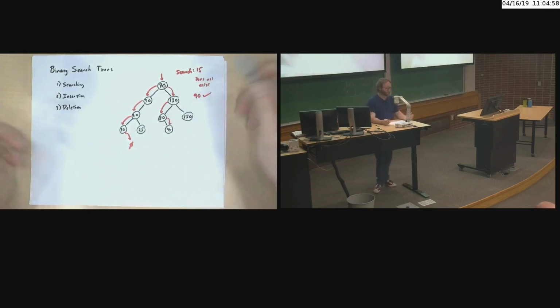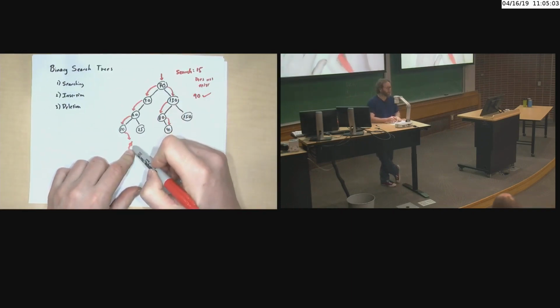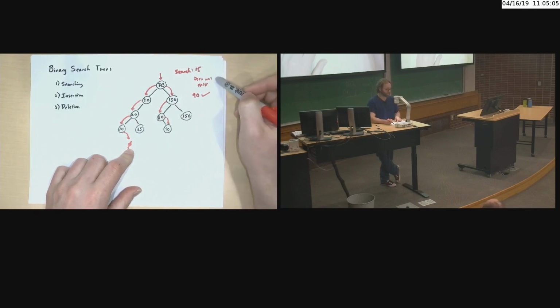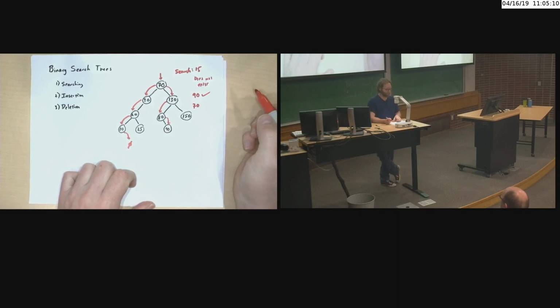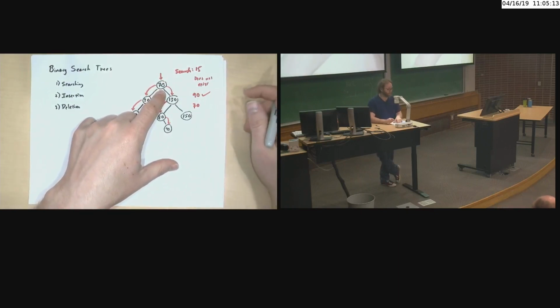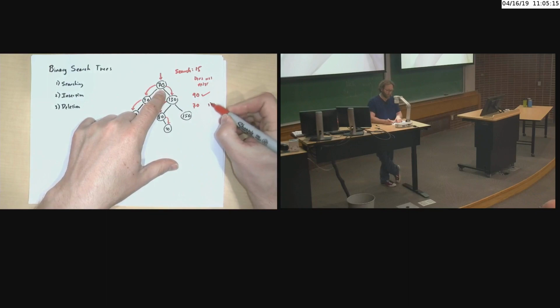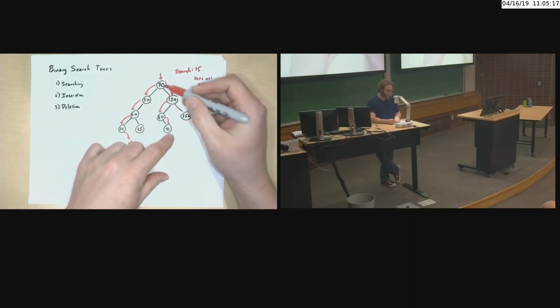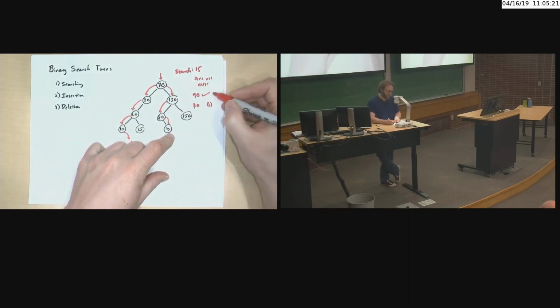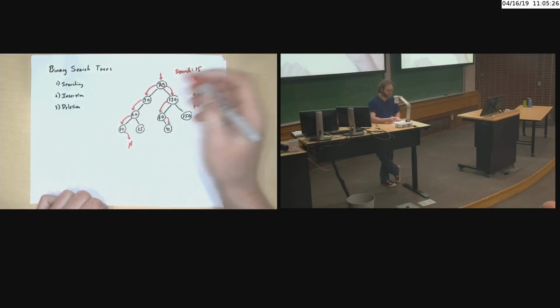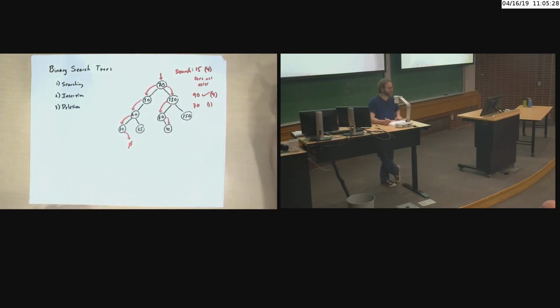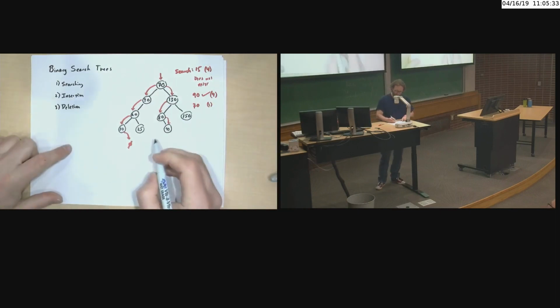Right? So both of these searches were proportional to the depth. In one case, I had to go all the way down to the bottom of the tree for an unsuccessful search. Sometimes you'll get lucky. What if I were searching for 70? Then I would come in here and immediately stop with one comparison. When I did 90, I did 1, 2, 3, 4 comparisons. And when I did a search for 15 here, I did 1, 2, 3, 4 comparisons to get out of the tree. So at most, by doing this,